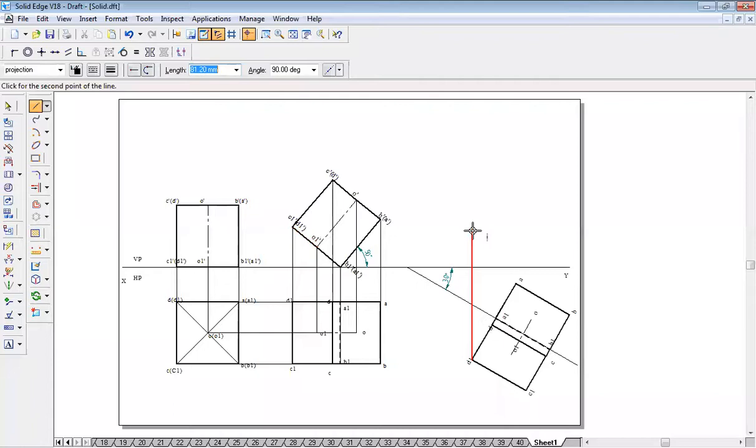D1 point is over here. Then C1 point is also same over here. Then B1 point, it is on the line. So B1 point on the line. A1 point is also on the line. And O1 point is here in between. O1. Now same way, here A point, little bit above.